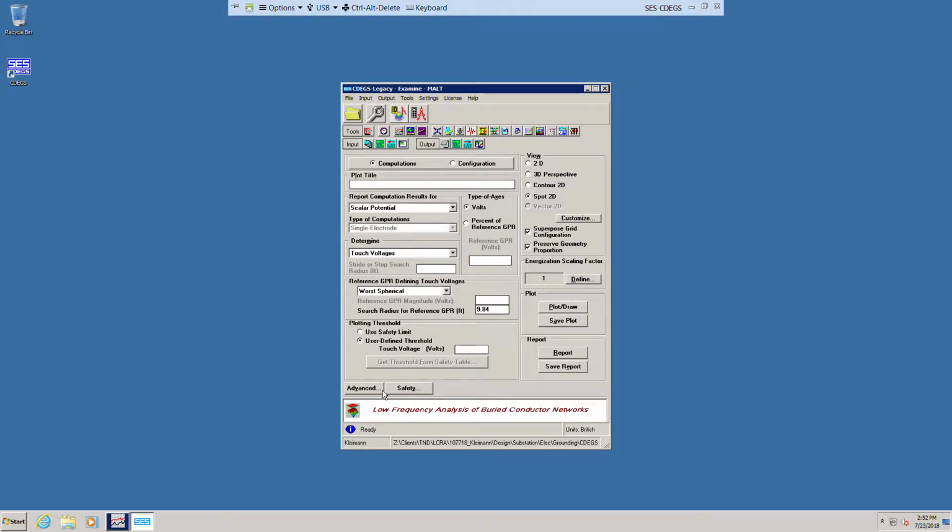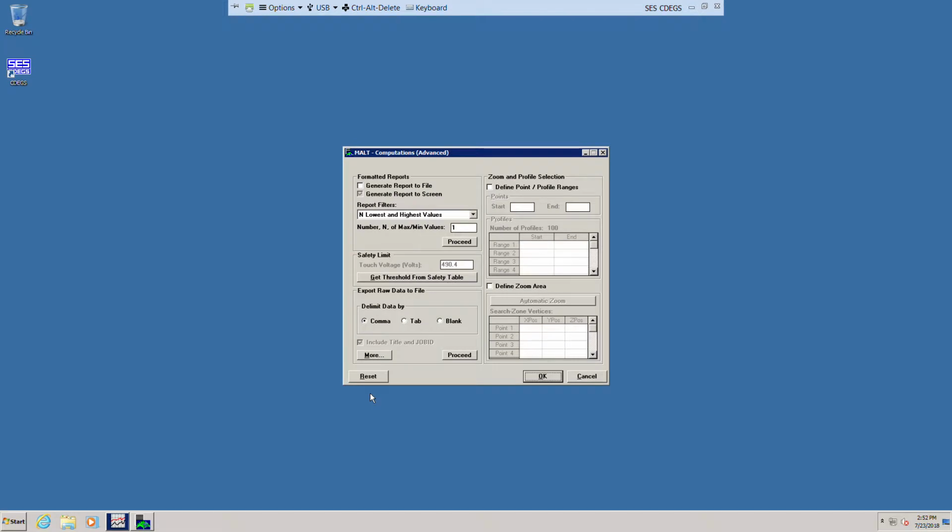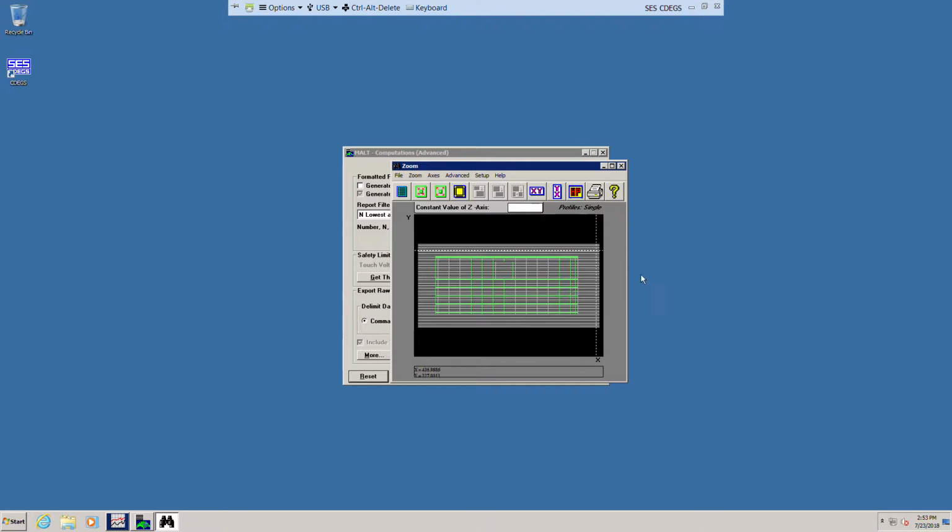The main thing is to figure out how to create a boundary which is just outside the fence, and that's only where we want to examine. So we come here to the advanced button down here, and we click on advanced, and in here we click on this checkbox, define zoom area, and then we click down here on this button that says automatic zoom, and it opens a new window that pops up behind the first one, and we click